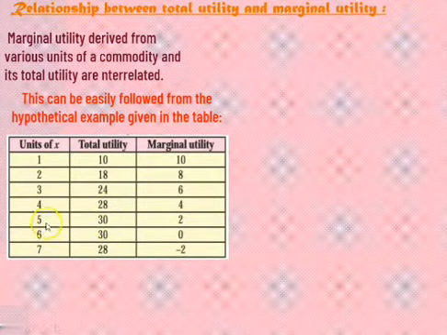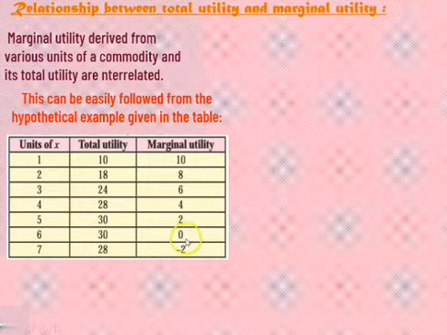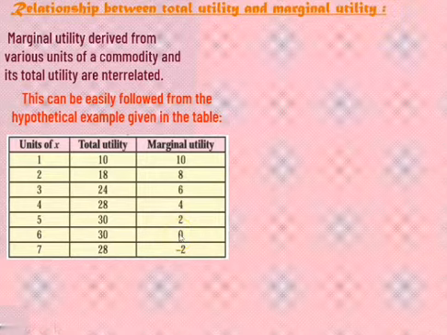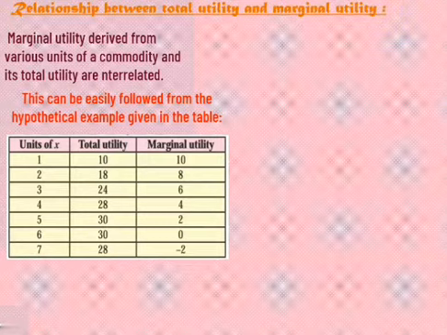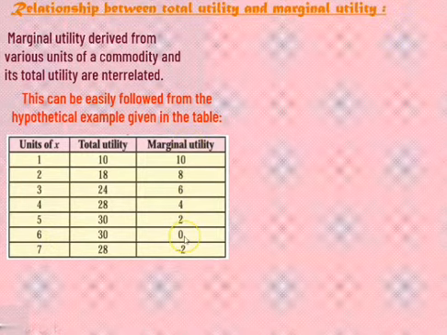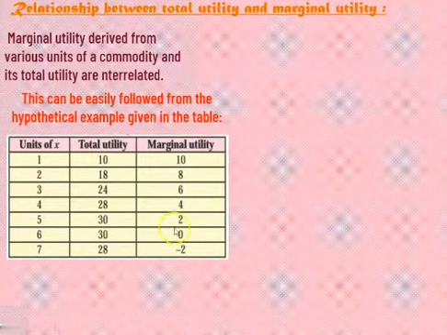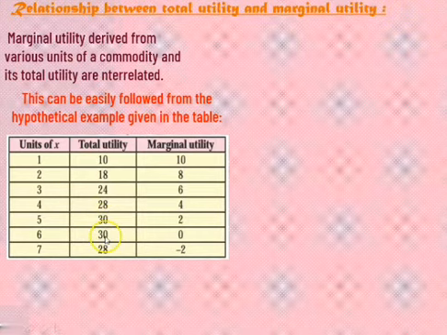And after that, when he is going to consume the next piece of pizza, that is the sixth unit, the satisfaction here is 0. Why 0? It means now the person is totally satisfied with the consumption of that product. Now he is not getting any satisfaction from the last unit, that is the sixth unit of pizza. Here marginal utility, that is the satisfaction, becomes 0, and therefore TU becomes constant, that is 30 plus 0, it becomes 30 only. So between the fifth unit and the sixth unit, your TU remains constant.